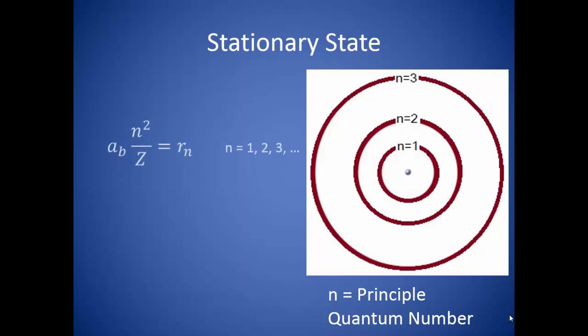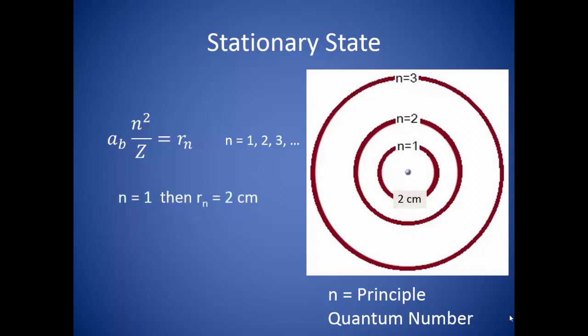The possible orbits in which an electron can be found are called stationary states. These stationary states are determined by our equation for the radius of an orbit and are dependent on n equaling some whole number. To give a visual here, let's just say that when n equals 1, the orbit is found to be 2 centimeters. Note that this is a totally made-up number. It doesn't mean anything. It's just a way to give you an idea of how these orbits are arranged around the atom.